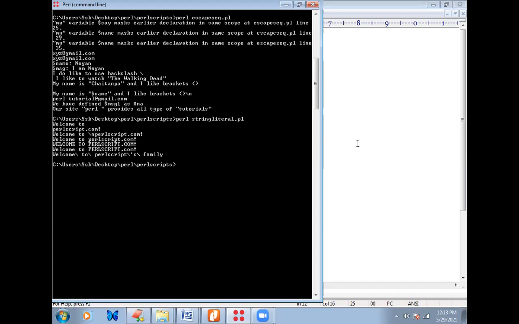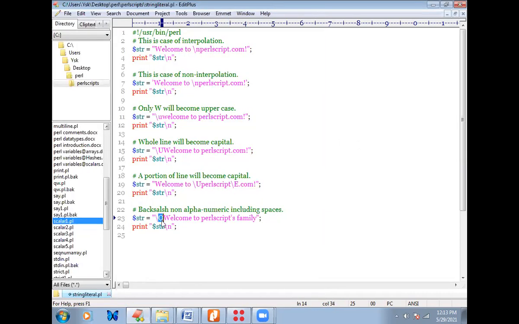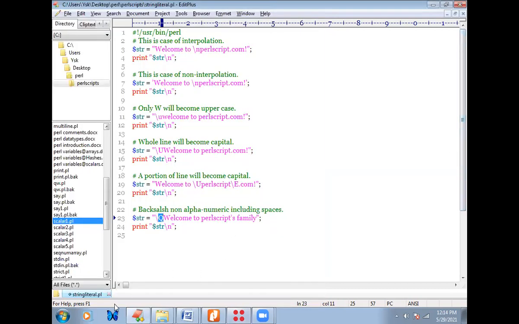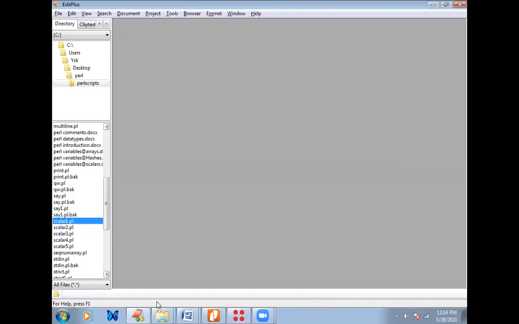At the end of the line, I am using capital U / capital U, which is all numeric including spaces. Whenever the spaces appear, that space is replaced with the backslash here. Welcome to / perlscript / family. See here, the output will be welcome / perlscript /. Whenever I am giving the space, that space is replaced by a backslash character with the help of the escape sequence character /capital Q. So this is the example related to your